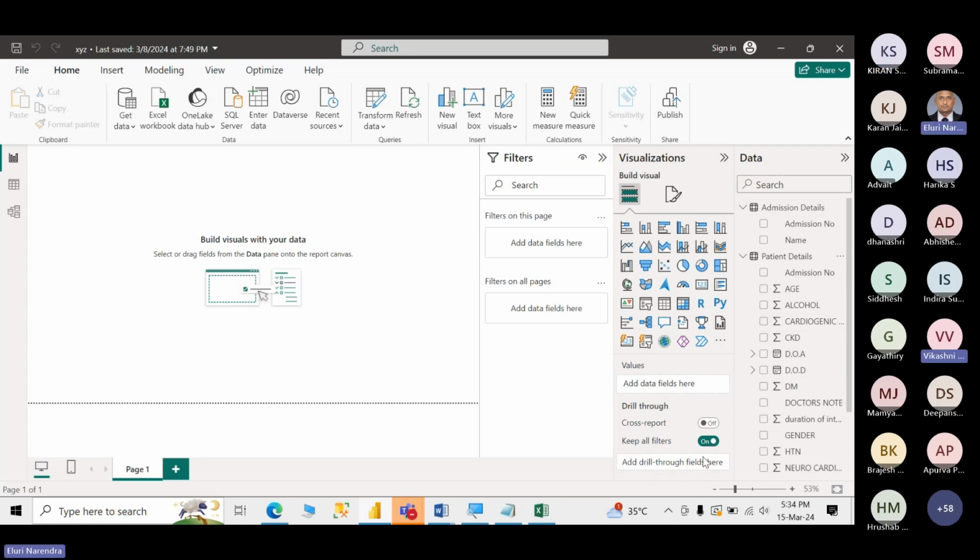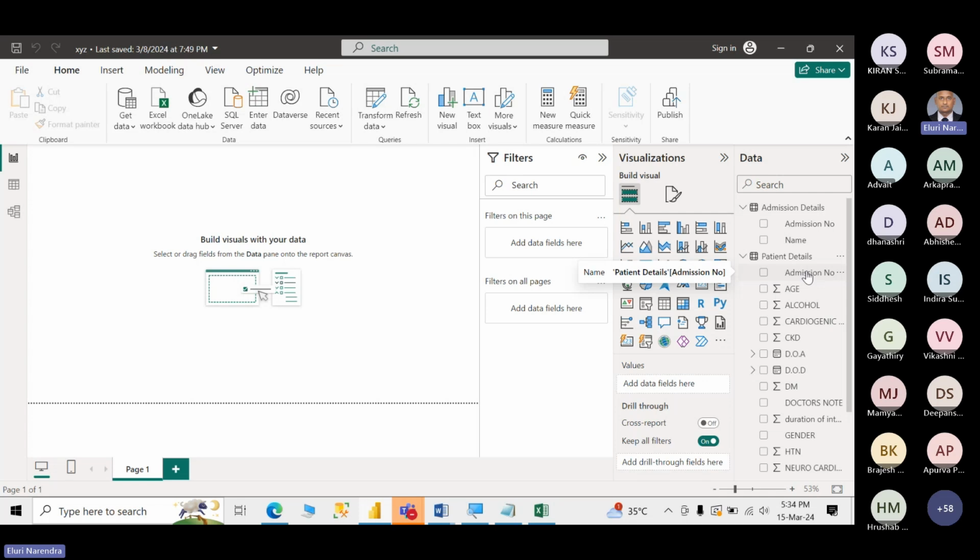Admission number. Based on this admission number, I am joining these two tables. These are all called relational databases. When I find some relation through which I am joining the tables, that is called RDBMS, Relational Database Management System. There are many types of architectures, like Galaxy schema, Star schema,